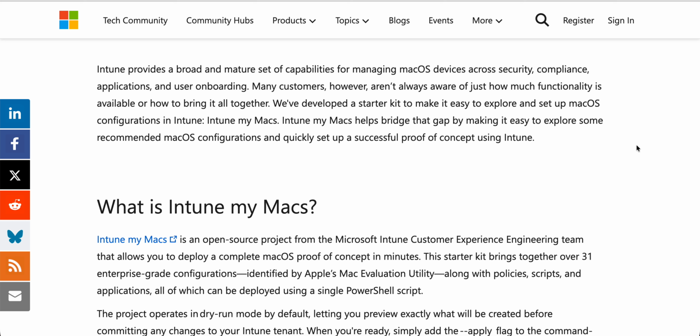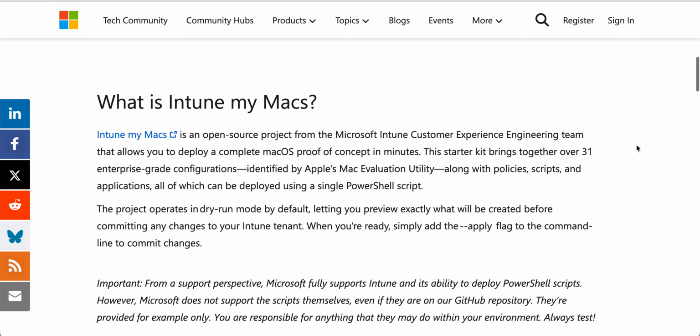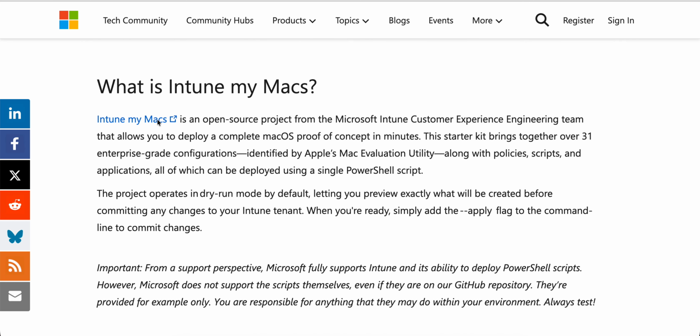So Microsoft has created a starter kit to make sure customers can explore and set up macOS configuration in Intune. That is Intune My Mac, its starter kit. Intune My Mac will help you bridge the gap by making it easy to explore recommendations and macOS configurations, and quickly set up a successful PoC for using Intune. So you see Intune My Mac,